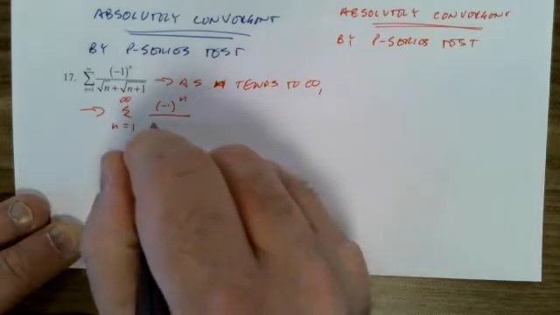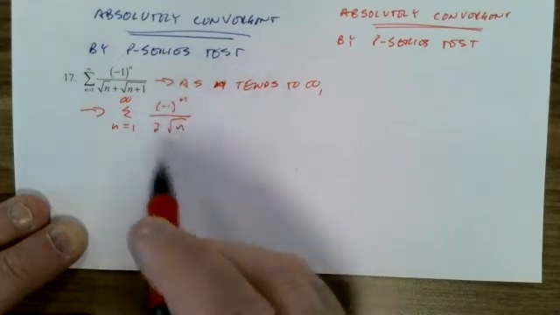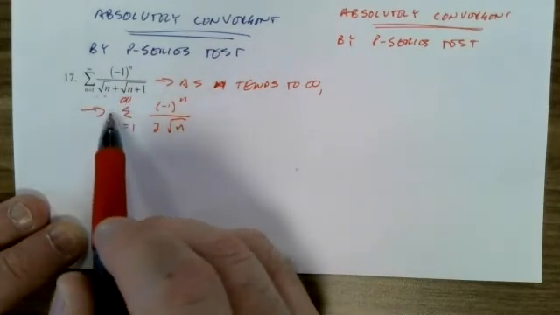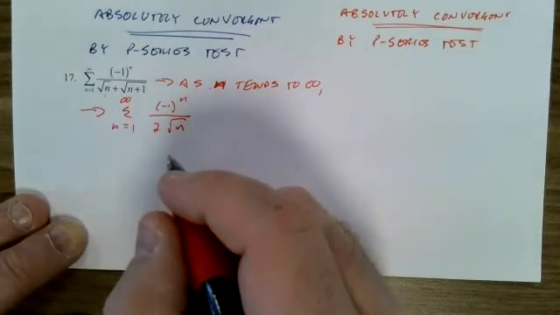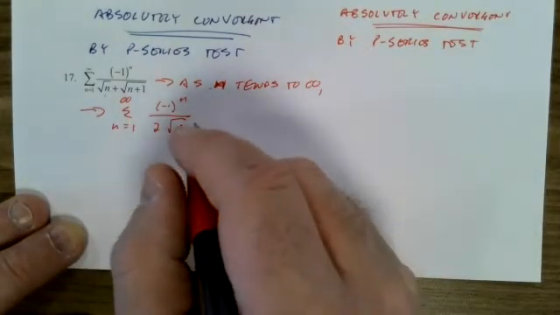Boy, I make a lot of mistakes in my notes. 2 root n. Root n plus root n is 2 root n's. I wrote n before. Root n plus root n does not equal n. That's so weird. 2 root n,